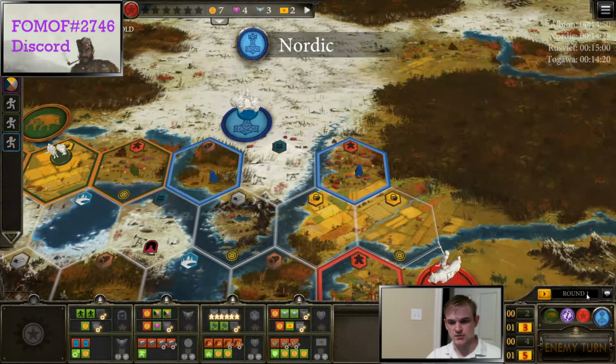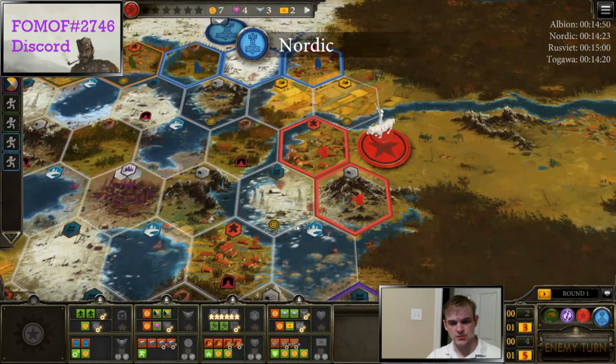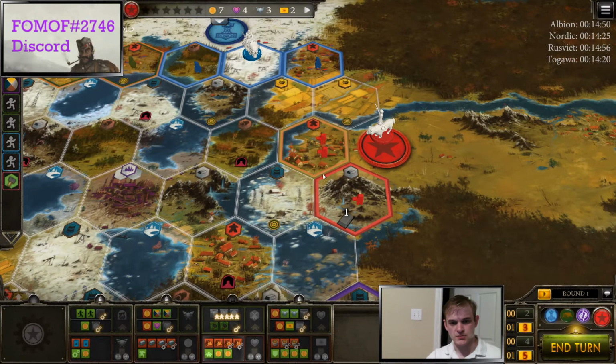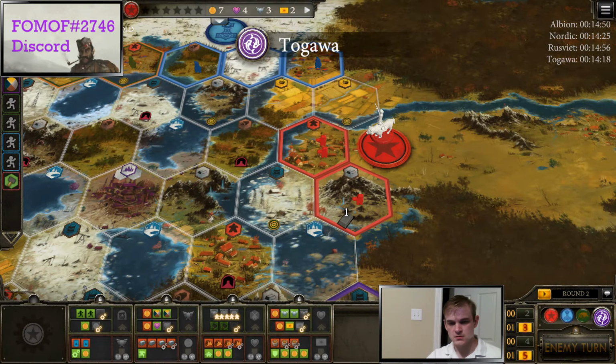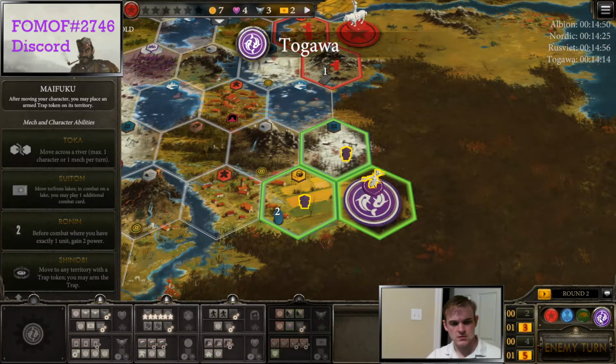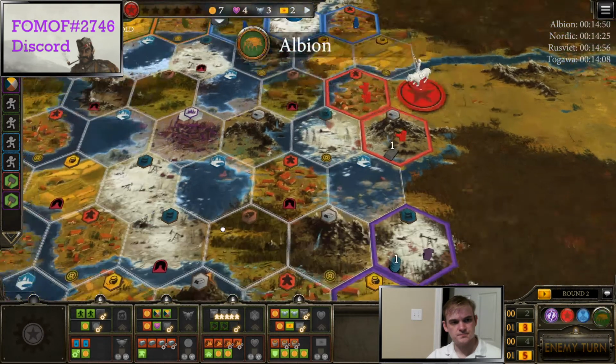What's Nordic do with this? Not going to get on metal right away, which is a little bit surprising. I'm going to go ahead and start with a produce. Gawa's got 2 of the oil they need for an upgrade, so they're probably going to produce. Yeah, there it